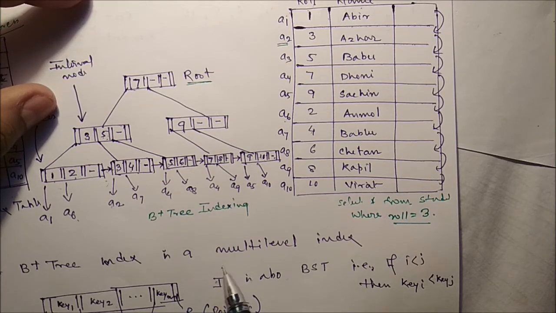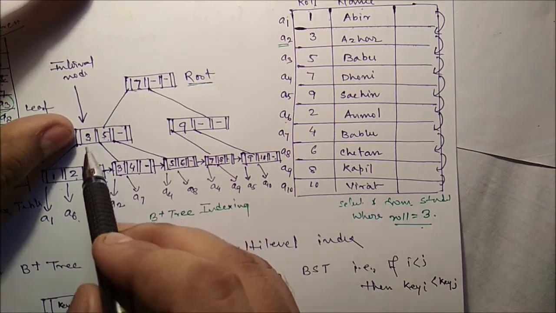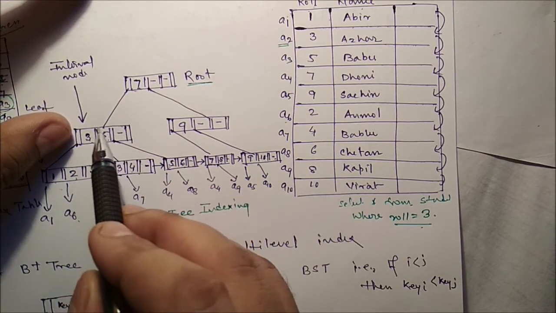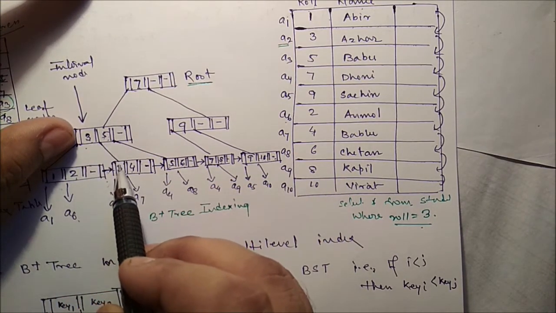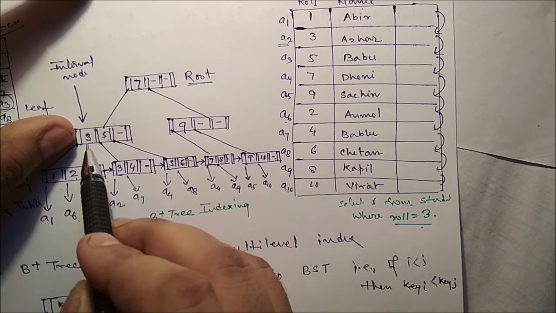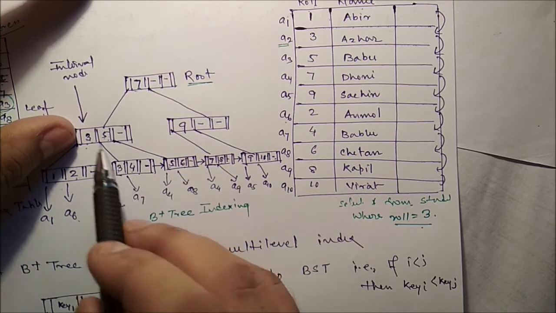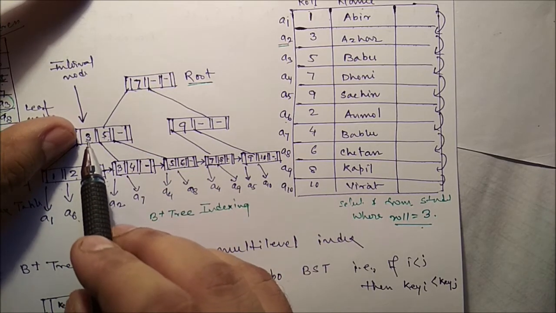For that we take roll number 3 and compare it with the root. 3 is less than 7 here. Now in this part, you can see that every right child is greater than or equal to the root. In this tree, all the right children are greater than or equal to the root. So 3 is greater than or equal to 3, and we have to move to this one.